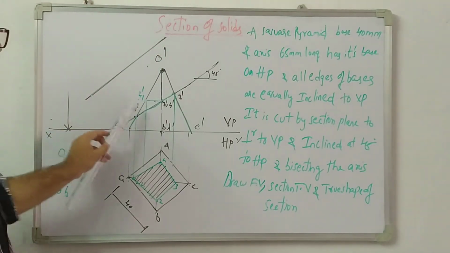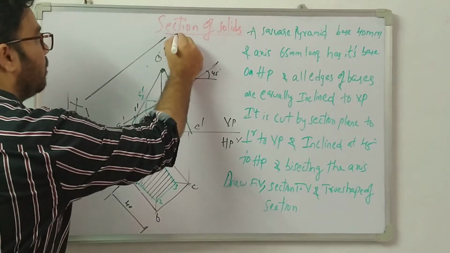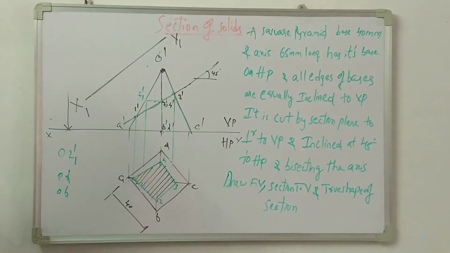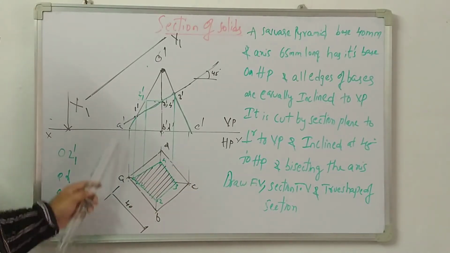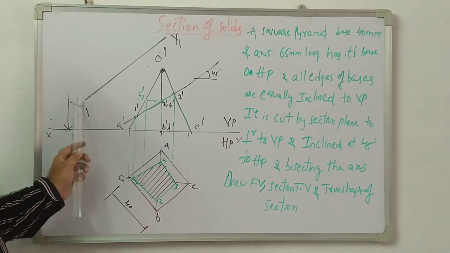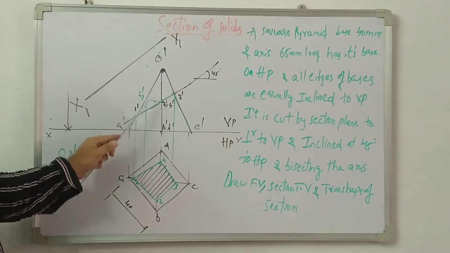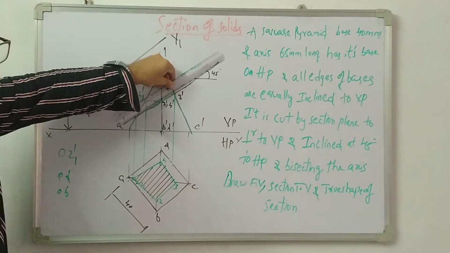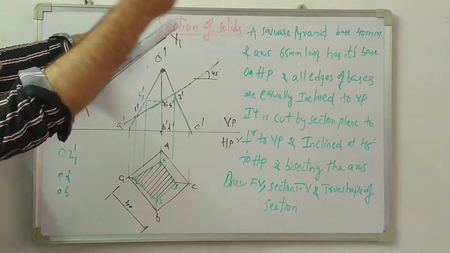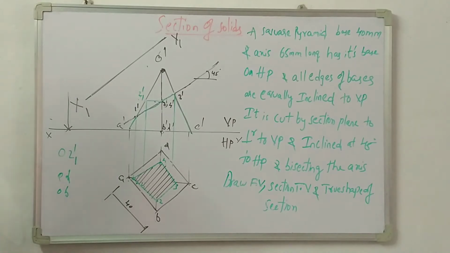So this line is called another reference line, x1 and y1. So here we have one bold reference line, x and y. With respect to this, we are taking one more reference line, that is x1 and y1, which is parallel to the cutting plane. If this is 45 degrees, take this in the drafter, simply give some distance and draw a 45 degree line. Now I got the new name, that is x1 and y1.